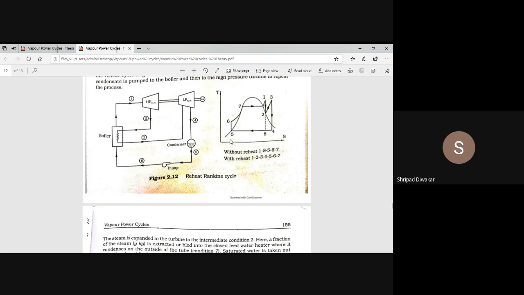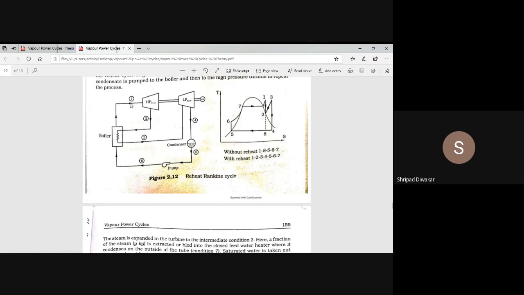5 to 6 is your pump work, and then 6 to 7 is your regeneration. 7 is not there here; no need to mention that part in the flow diagram. 5 to 6 is pump work, 5 here and 6 here, and then 6 to 7 is regeneration work. No need to show the regenerator in the flow diagram. Then 7 to 1: just join horizontally on the saturation curve, and one more is there. From 1 just drop down and mark that point as 8. Now hope you analyze the diagram.